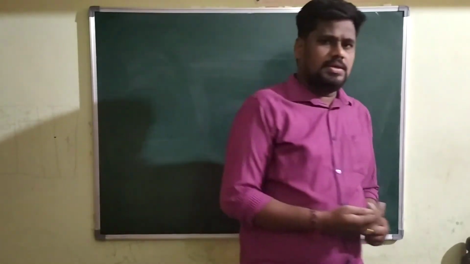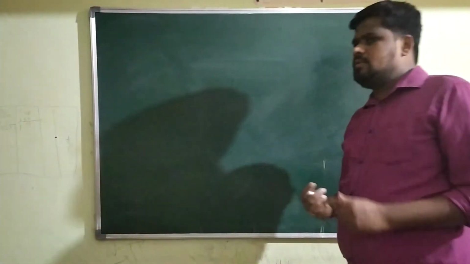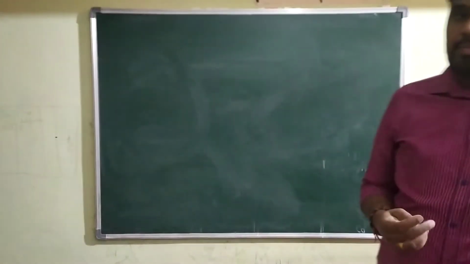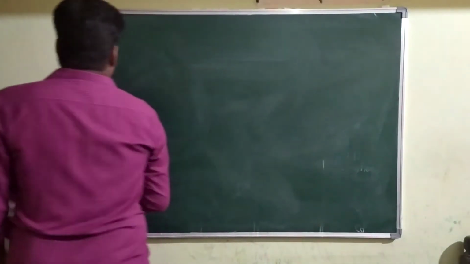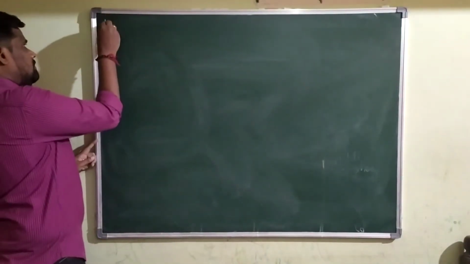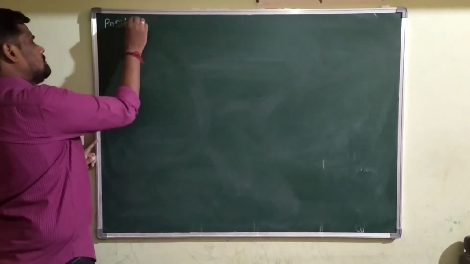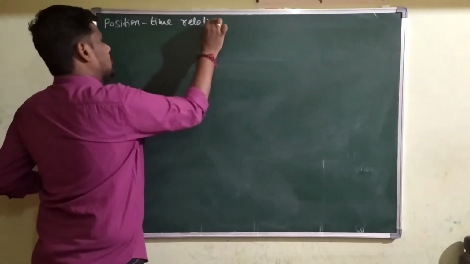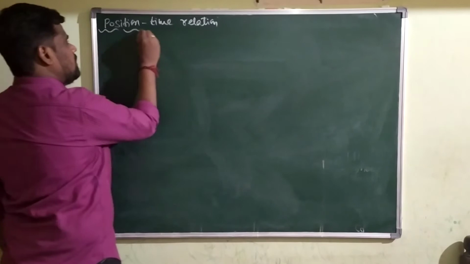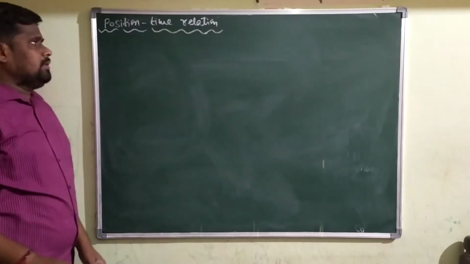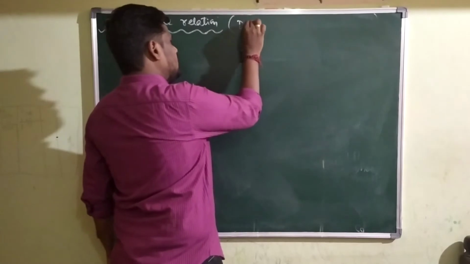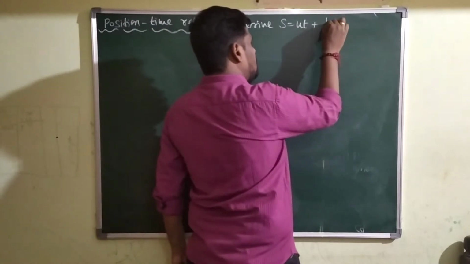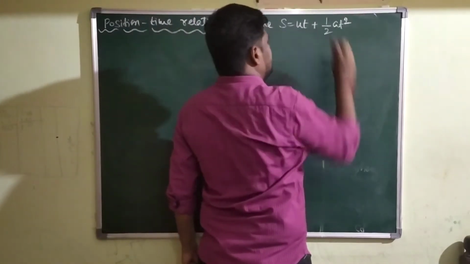Yes, dear students, in this class let me derive the second equation of motion with the help of velocity time graph. That equation is called position time relation. This equation we will call it as a position time relation, or else we are going to derive S is equals to ut plus half at square,